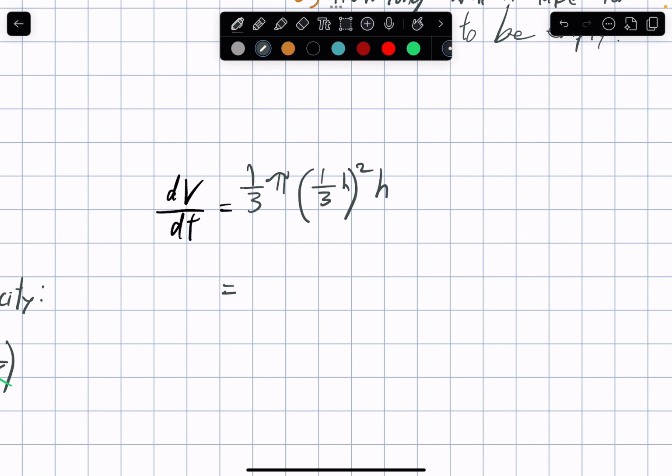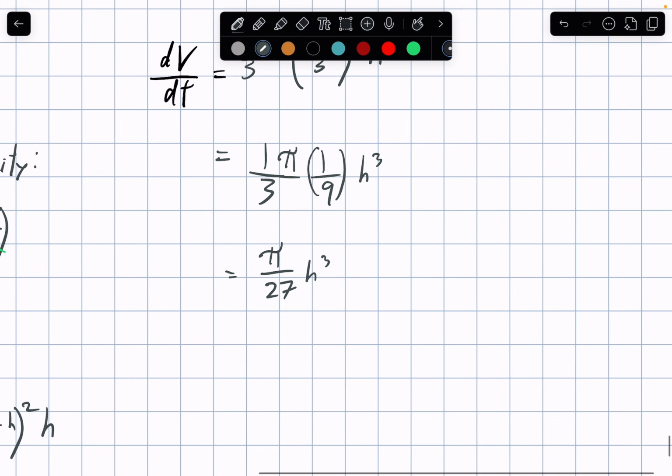So there's no more radius in the volume formula. It's all height. That's exactly what we want. So let's just simplify first before we start deriving. Okay, now we start deriving. Pi over 27